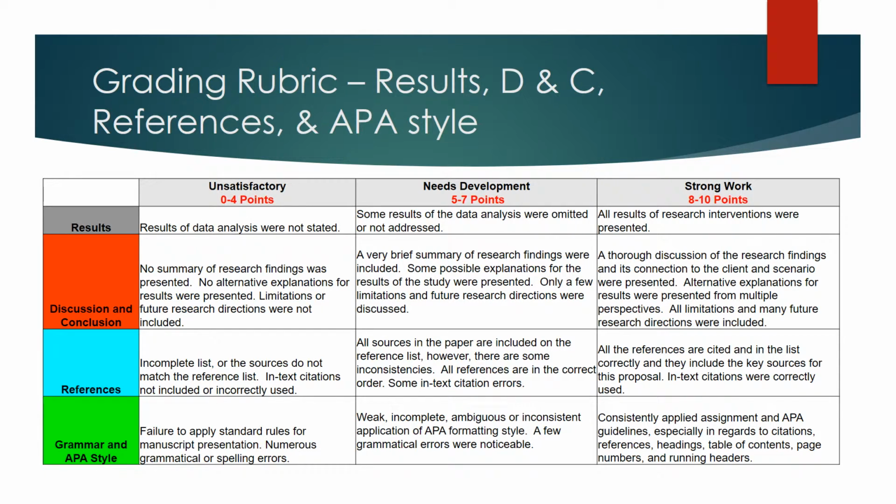The final major portion of your paper is your reference list. I'm looking for all the references to be fully cited, so the full citation on the reference list, also including key sources. So what I mean by that is if you're looking at, say, the construct of job satisfaction, there are some seminal works on job satisfaction that I will be looking for you to identify in your research. Also, any in-text citations will be utilized correctly, and those will be following the APA formatting style,